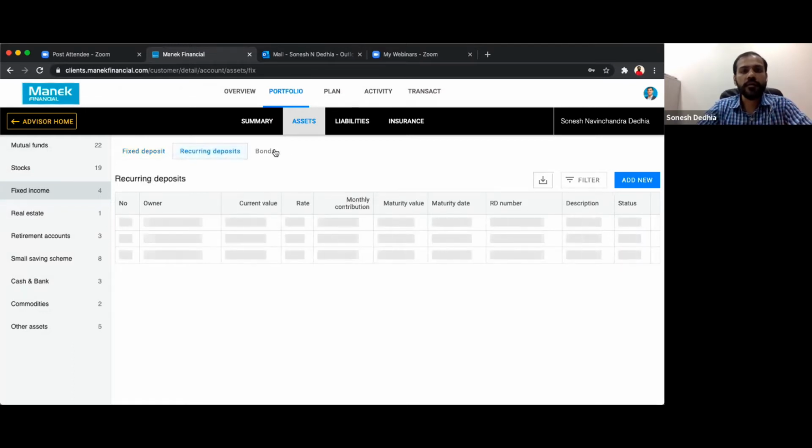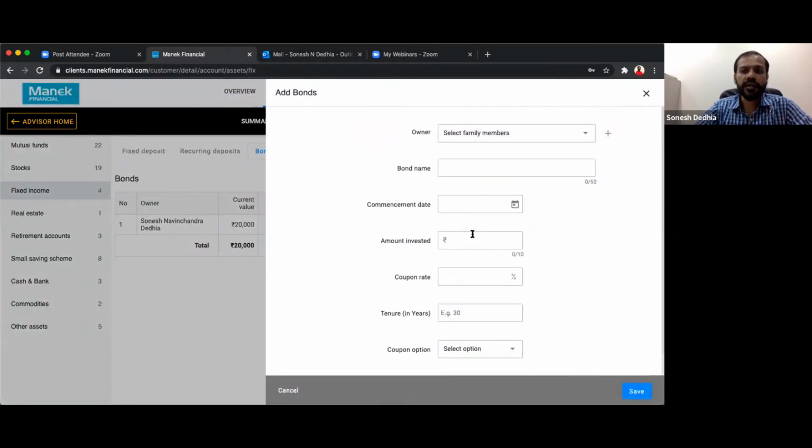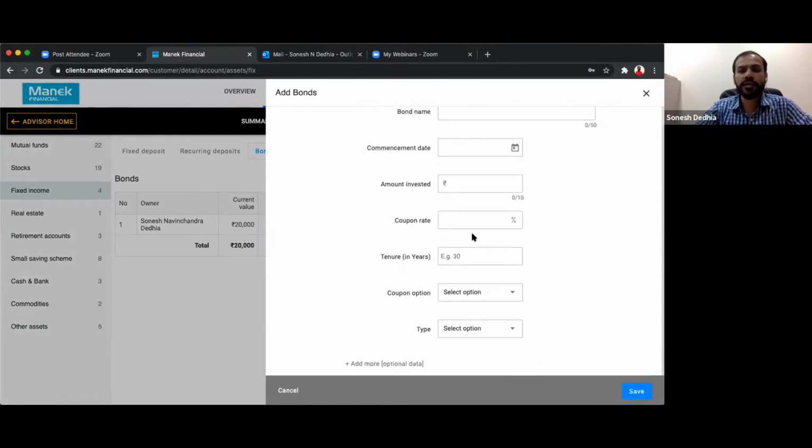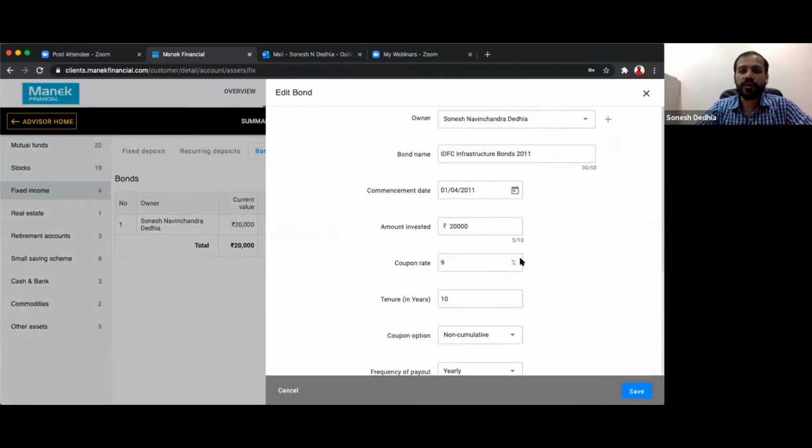Then there are recurring deposits, there are bonds. Now what we have tried to do here is take in maximum details in the system as much as we can. Once we take in the basic details, the system calculates those details, but most importantly we will be using all these calculated amounts, like the coupon payments, the maturity payments, the current valuations and everything. We'll be using them in the planning stage, where we'll utilize all these amounts to calculate the goals and generate the gap or the investment demands. So that is where all the data gathering has to be done through these forms.